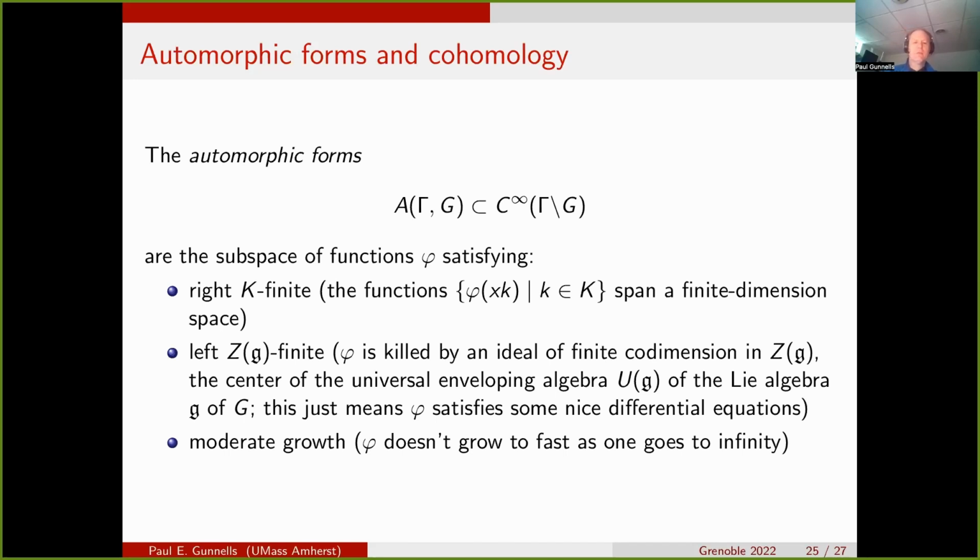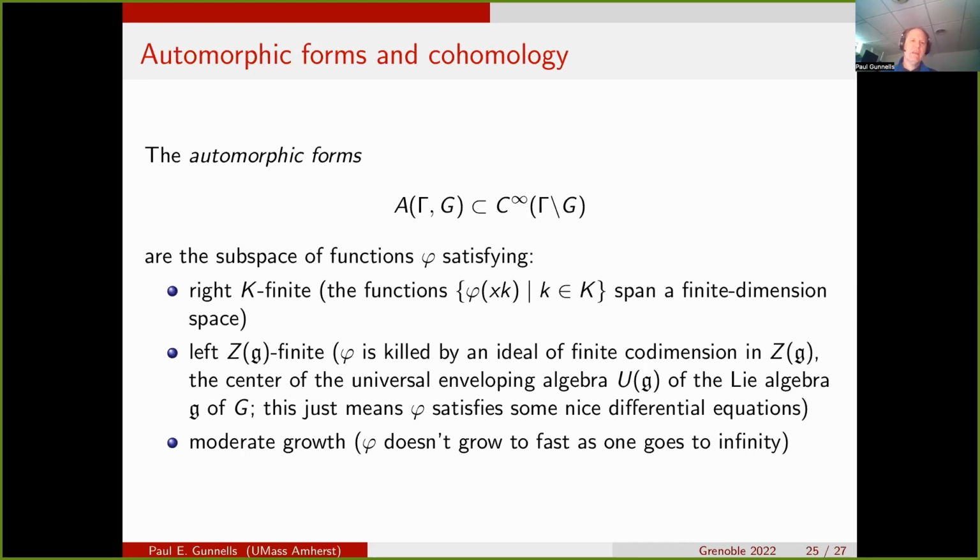The universal enveloping algebra: you take the tensor algebra on the Lie algebra, and then you mod out by the ideal A tensor B minus B tensor A equals the bracket of A and B. So it's an associative algebra that you build out of the Lie algebra, and its representations as an associative algebra are the same as the representations of the original thing as a Lie algebra. So it's a way to go from the Lie algebra, which is not an associative algebra because it has the Jacobi identity instead of being associative, to an associative algebra.